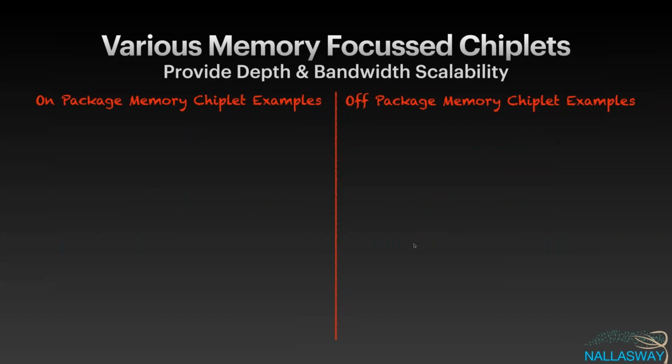So if we go with that approach and then we look at the memory end of the stick rather than the processor end, various memory focused chiplets can provide us with depth and bandwidth scalability. So we've got on-package memory chiplet examples and off-package memory chiplet examples. Well, obviously the on-package memory chiplet example is HBM. We know it's split down into DRAM stack plus logic base die. And we have to upgrade that logic base die to